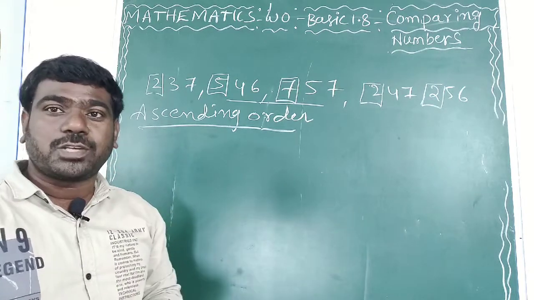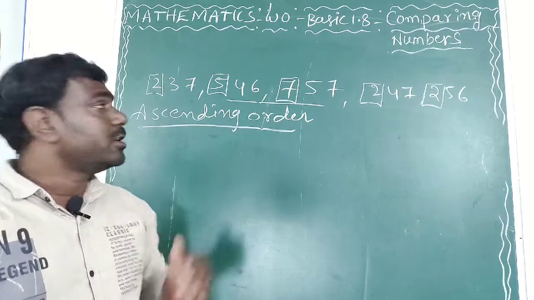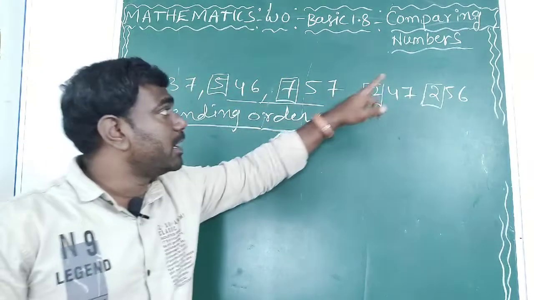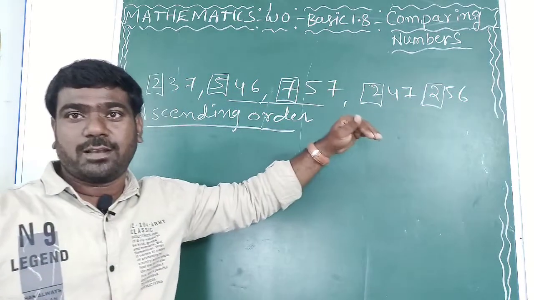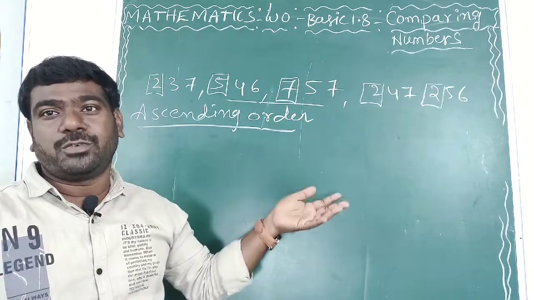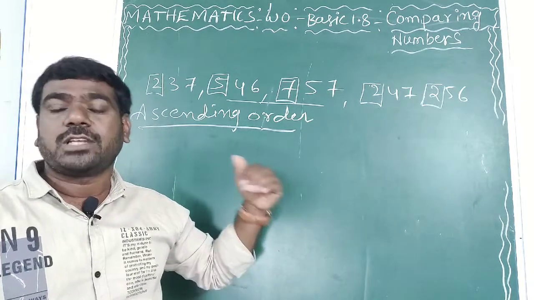Then what should we do, sir? Which number do we have to write? These 3 numbers have equal first digits, so we can't decide. Which one we can write, we don't know. That's why...